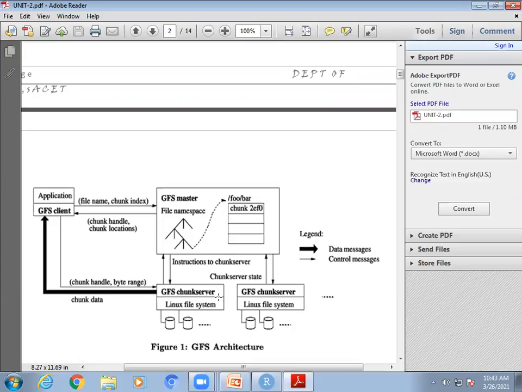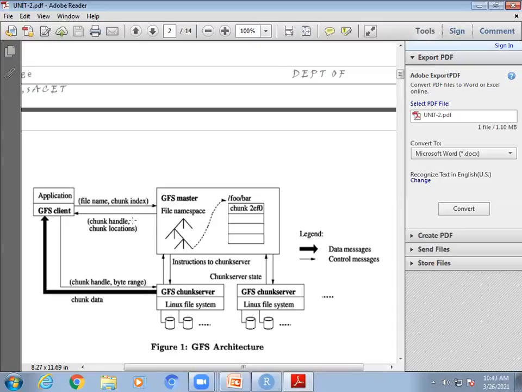And one more important thing is that if your data is lost, even then it's not an issue. Why? Because your data is replicated in two more places. The default replication factor is 3, so it's available in two more places. So if your server is down, your data is still not lost. It's available in other places also.